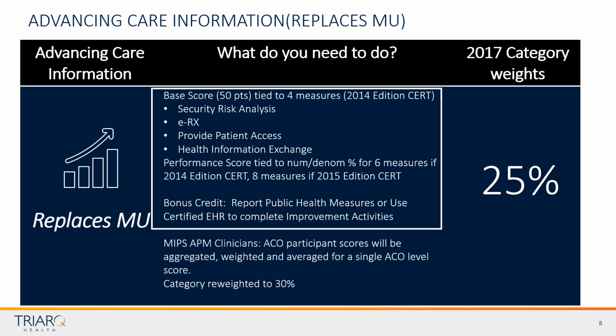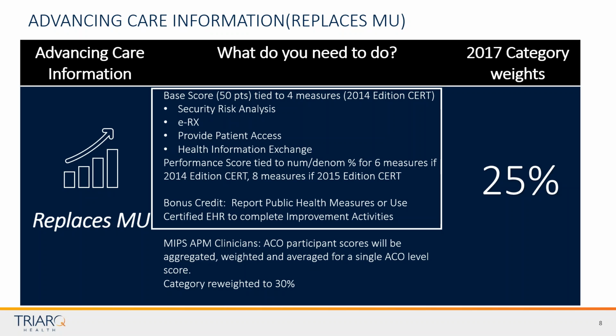Again, I have a little blurb here about the MIPS APM clinicians. If you are an ACO participant, for your score in the ACI category, you will use GlowStream to generate your ACI score like you did your meaningful use score. We think the way this will happen is you'll submit that to your ACO. Your ACO will aggregate that across all participants in your ACO, and you will report one single ACI score for